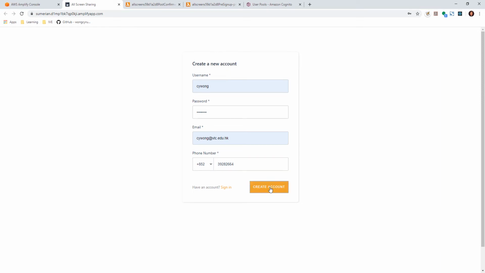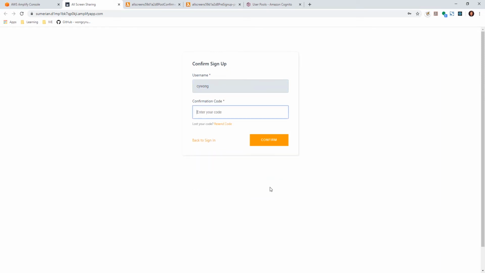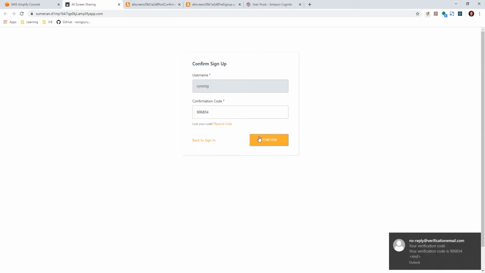Okay, now you create the account, and then you will receive an email. Wait for a second. Okay, the code has come. I got an email with the verification code. Click confirm. This is the account, but this account will be a student account. By default, when you confirm it and click on it, and this is a little bit slow,